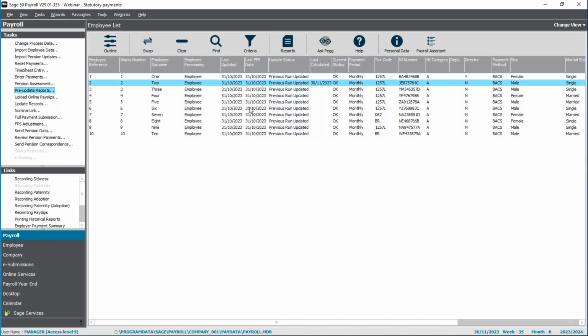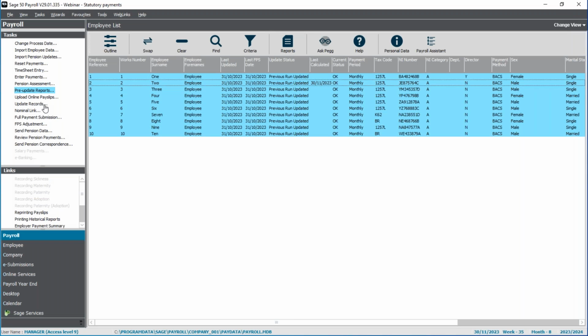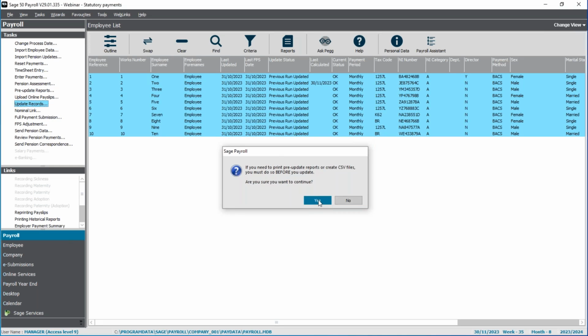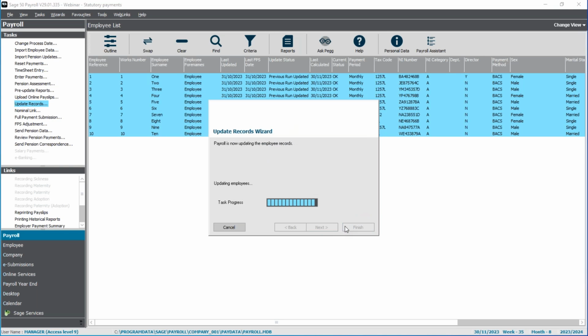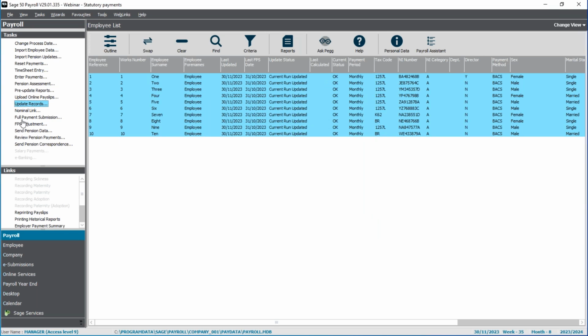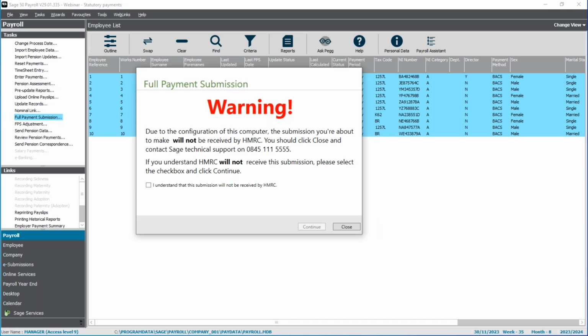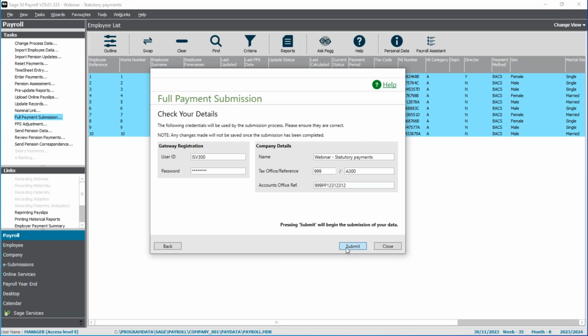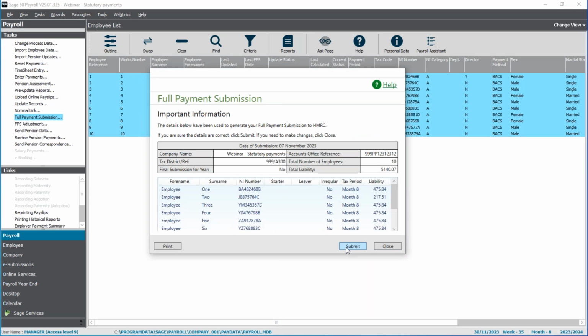So I'm just going to go ahead and complete my pay run. I can complete it for everyone. I'm just going to update the records. And then you would send your full payment submission in the usual way. And this will simply submit their usual pay values and deductions such as tax and national insurance, but it doesn't account for any amounts that you're